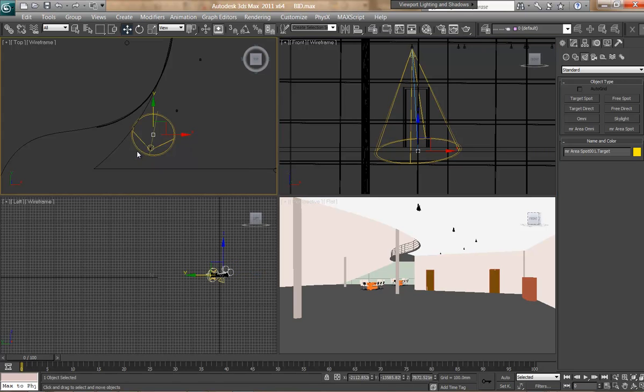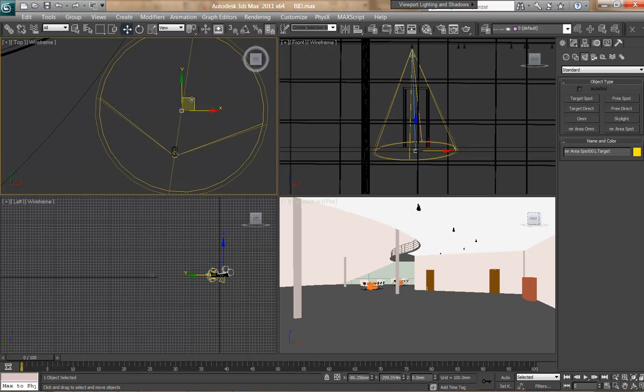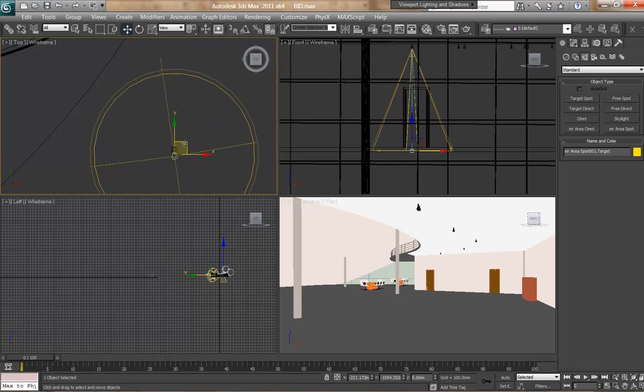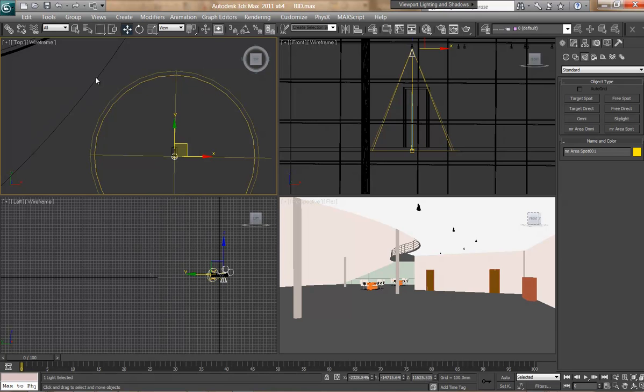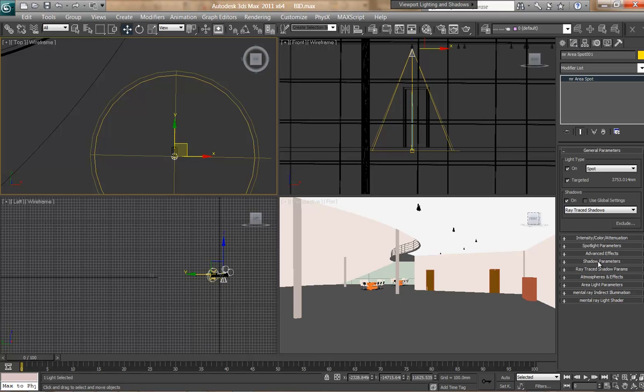But then over here you can see that the target isn't directly under the light. So I'm going to bring it across, and you can see that's pretty well straight underneath now. Now I'm going to right click one more time, and you can see I've got the option with the target selected to select the light. So that means I can go over to the modify panel and I've got all the light's settings. So now I'm going to set my display back to